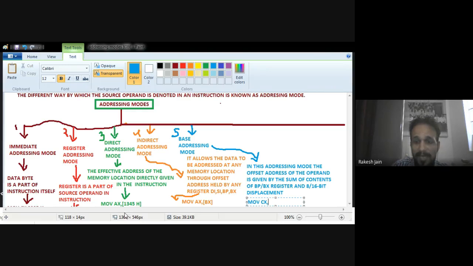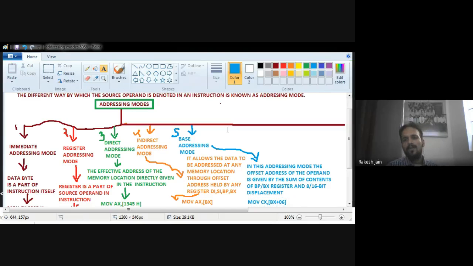So here I use BX, because I want to talk about the full register pair, plus, let's suppose, an 8-bit displacement, 06.